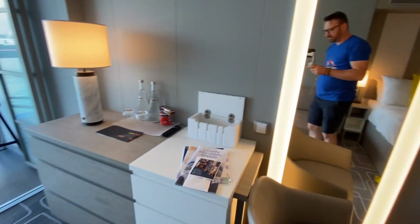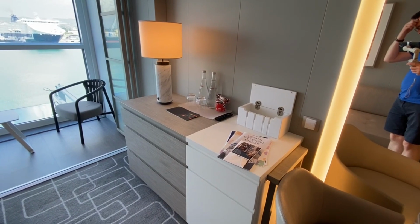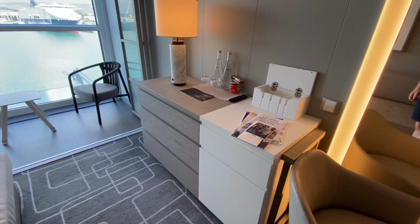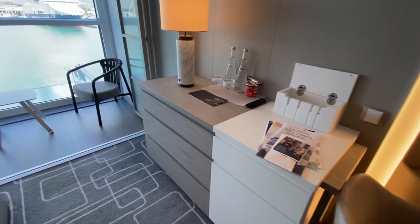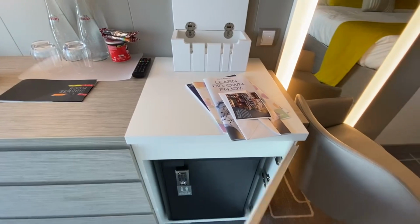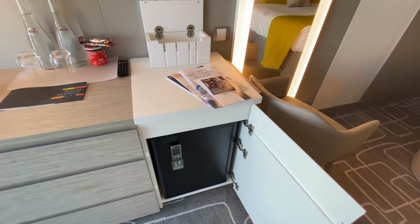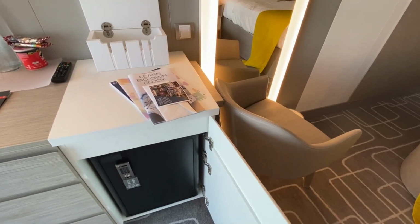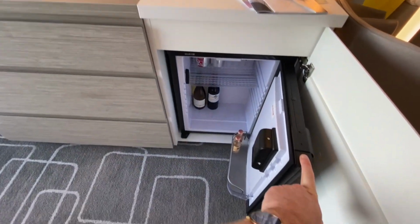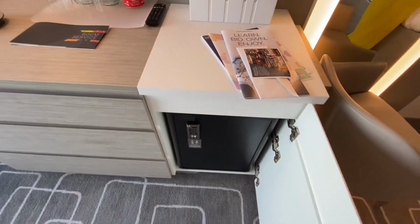This is the sort of the desk. So rather than the desk, they've sort of gone with a set of drawers, or 2 sets of drawers as well. So thank goodness, because I was worried about the amount of drawer space that we had in this cabin. So let's see what's here. Actually, that's not even drawers. So this is the mini fridge. It's locked, I would assume. Oh no, it's open. So there's a few drinks in there as well. I don't think that's part of our package, so